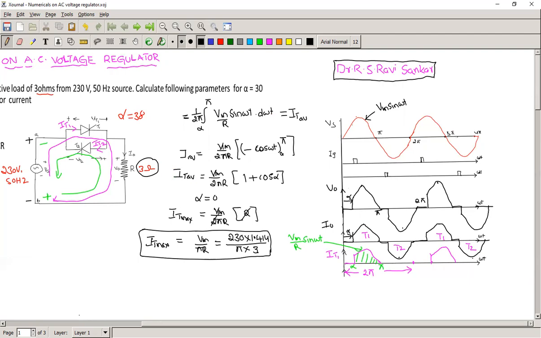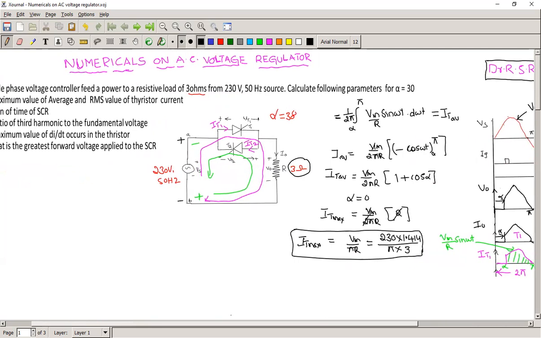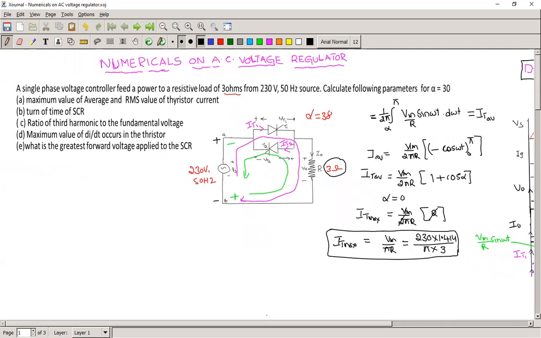Now similarly we are going to find out the maximum RMS value of thyristor current. RMS means whenever you are seeing the RMS, square of the curve. So here IT RMS equal to